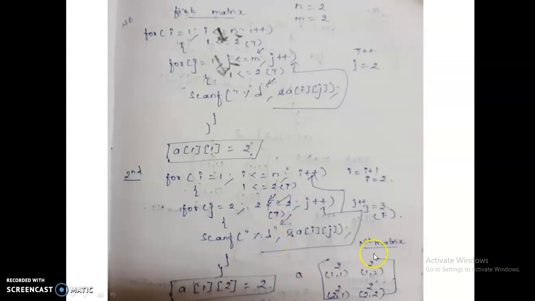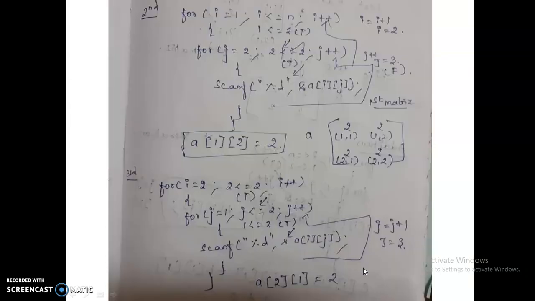So this is the representation of the input. This is the first value I get in the first iteration. Now this value is A of 1, 2. A of i j, here the i value is 1, j value is 2. So A of 1, 2, the second input to A, is got here. Like that the 4 inputs are got here. This is the third input, this is the fourth input.